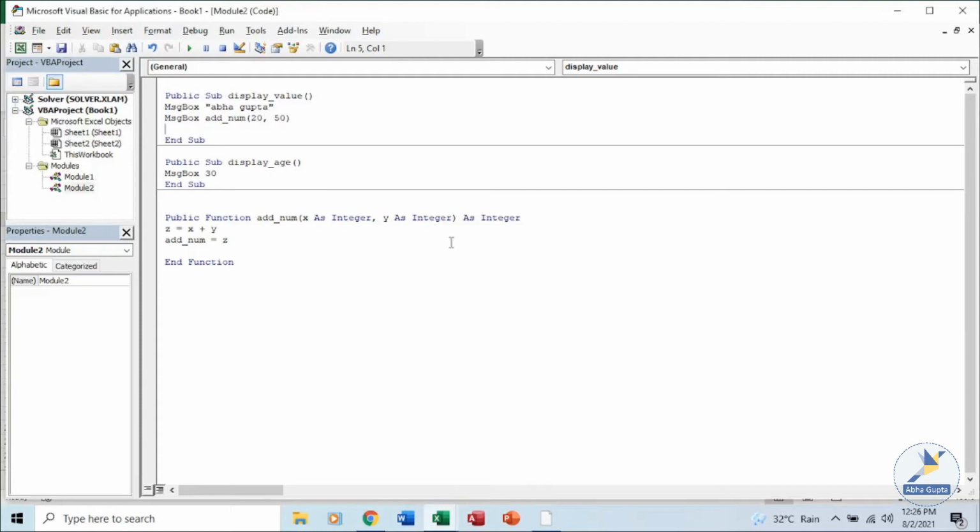And we are returned back. Here you can see 50 and 20, it calculated the sum and returned us the answer. If you look closely over here, we are passing arguments to our functions. We are passing some values to our functions. By default, when we are passing values in VBA, it is passed by reference.